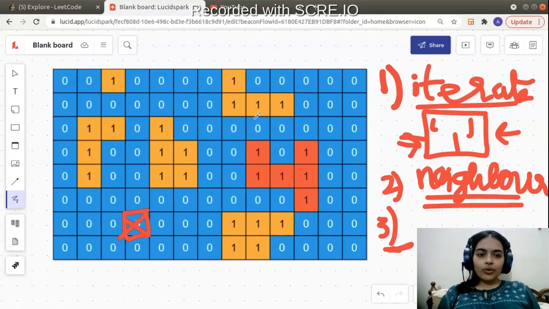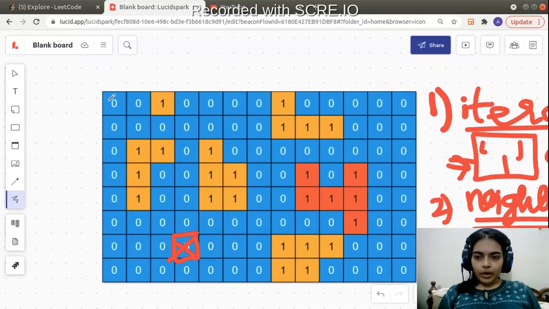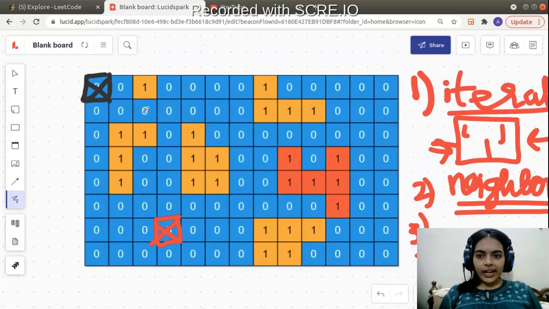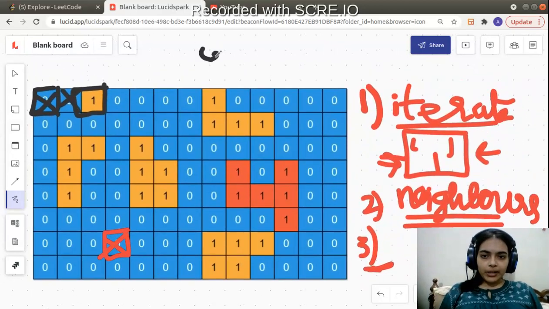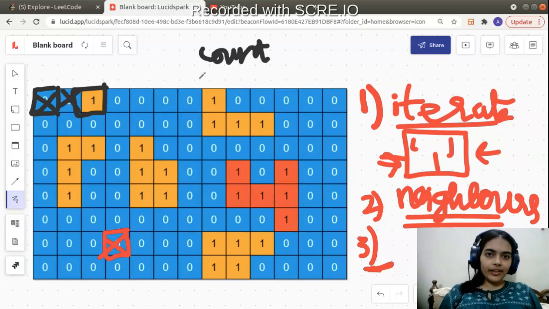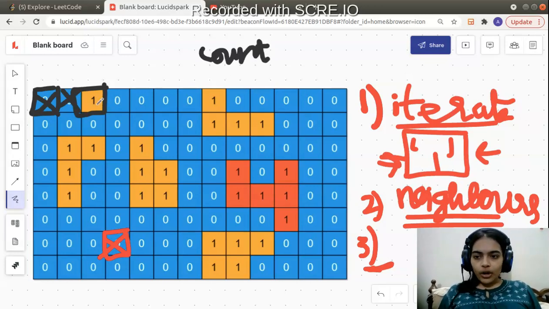So what we are going to do, we are going to iterate through all the cells. First we see this cell, this is anyway having value of 0, so it cannot be an island, so we'll just ignore it. We'll go to the next cell, it's also having value 0, we'll ignore it. We have reached this cell. Now this cell is having value 1, so what do we do? We can keep a variable count to find out how many cells near it are having value 1. Now you see all of its neighbors are basically useless. Everything is water, right?